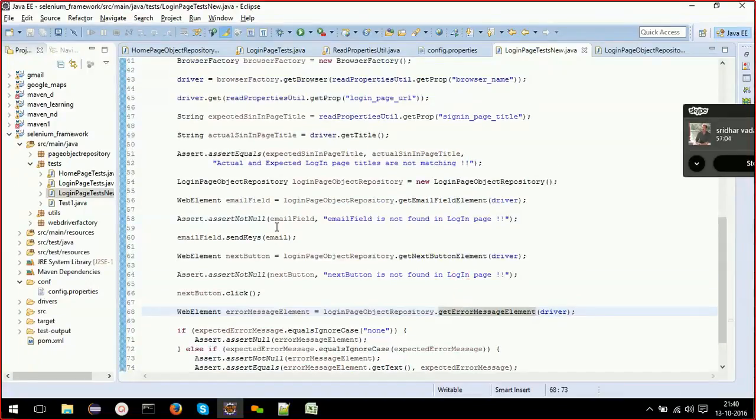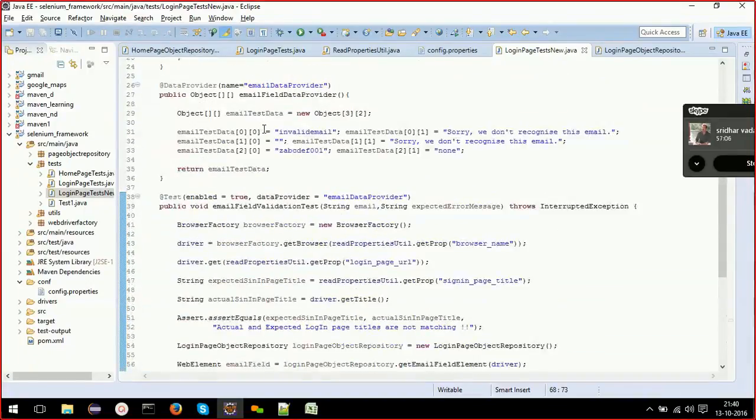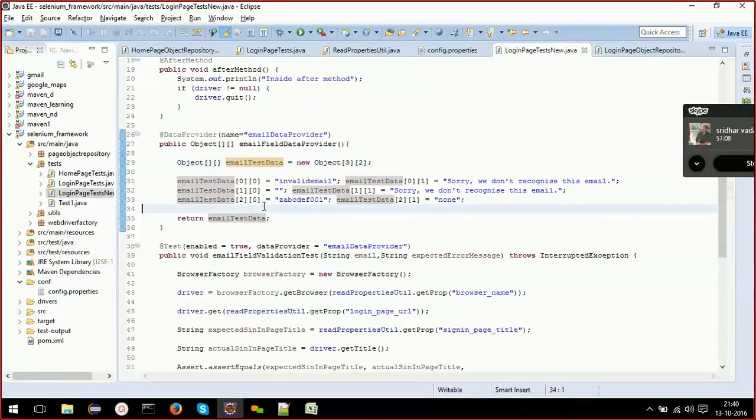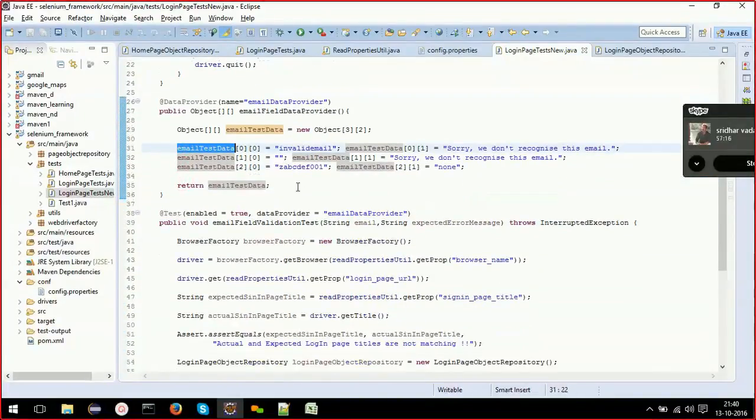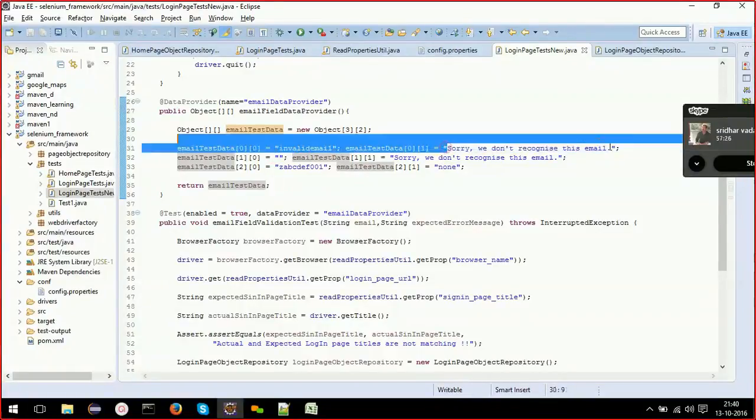I'll explain what exactly happened. Suppose we know that this test case will get executed 3 times because this data provider is returning 3 rows. The first time, it passes this row of data to your test case. What is the data? This is the invalid email and this error message.